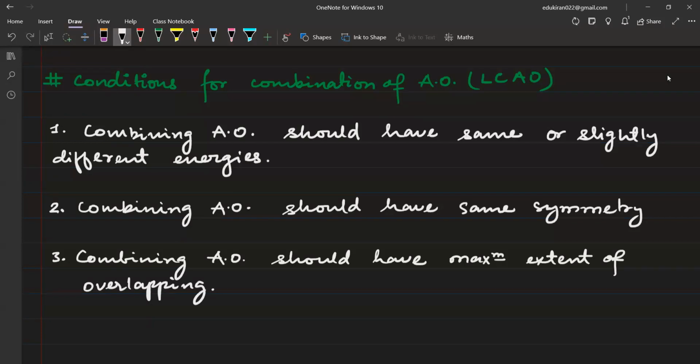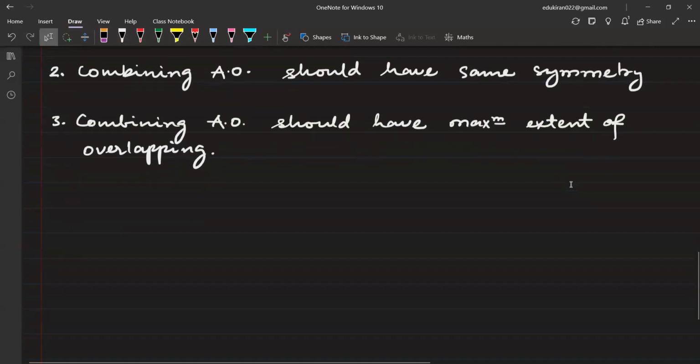Okay, so in the last lecture, we have seen that when two atomic orbitals combine, they form molecular orbitals, and they form different types of molecular orbitals. So when we get different molecular orbitals, we are going to place electrons in those. Sarah, I will give you the basic idea of molecular orbital theory. In atoms, the electrons are in atomic orbitals, correct? So in molecules, the electron will be in